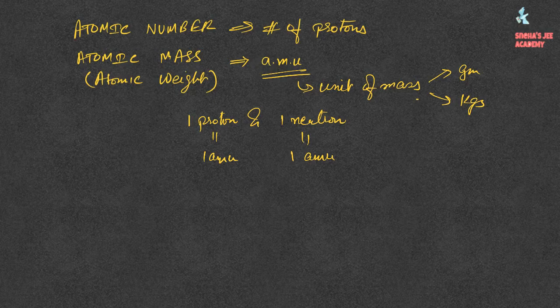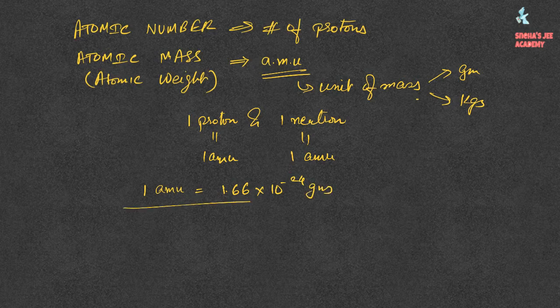We also learned that 1 AMU is equal to 1.66 times 10 raised to minus 24 grams. So this is how you can convert an AMU unit of mass into the traditional metric unit of mass, which is in grams. Now, having understood these concepts, let's proceed to understand a very interesting concept of what is